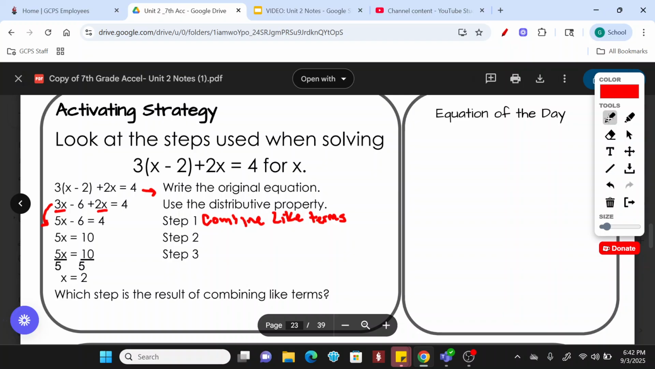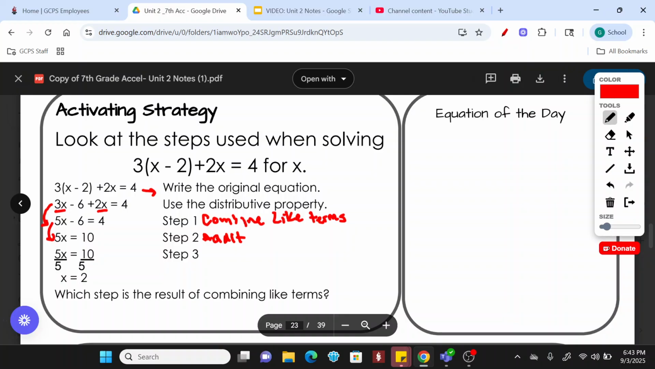So now, how did they get from here to here? What do you see? What's missing? What did they do? Okay, it's addition property. This negative 6 is gone now. So when you add 6 to both sides, 4 plus 6 is 10, and this cancels out, leaving the 5x